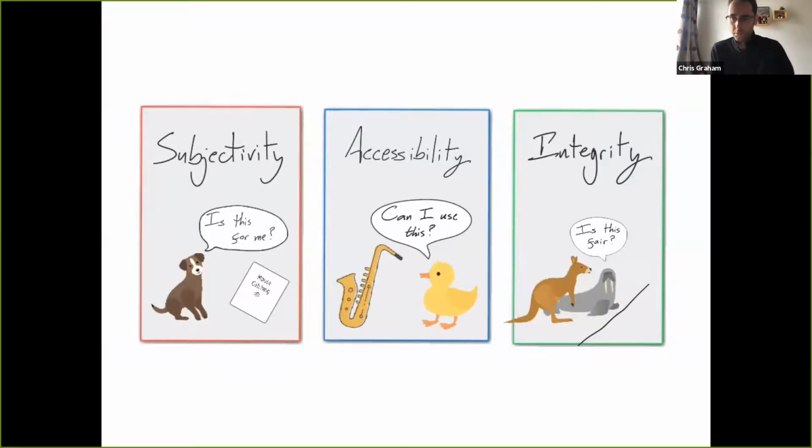First, subjectivity. These are largely cultural aspects that might make students feel alienated or mean that there's something that they don't know that you assume they know that would stop them engaging with the assessment. Then accessibility. This is largely stuff that barriers to individuals, reasons a particular person can't access your e-assessment. And finally, integrity. These are the sort of things that you do to make your job easier, but which might make students' lives harder or make them perform worse than they should relative to their other students.